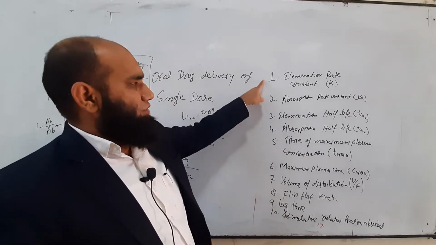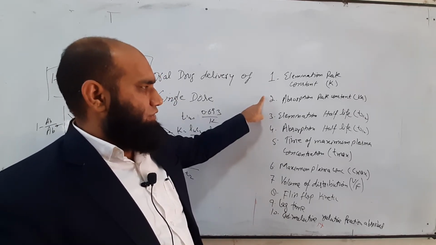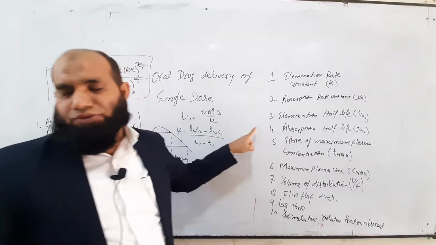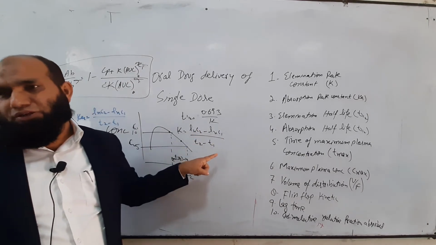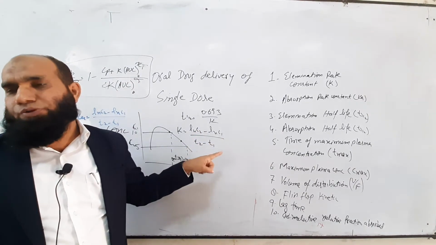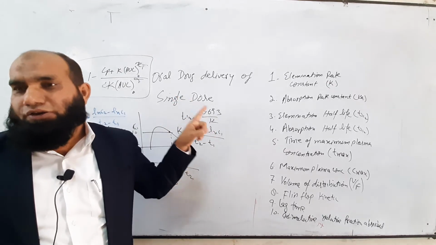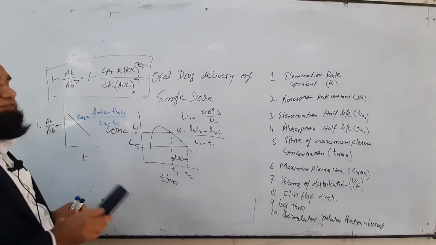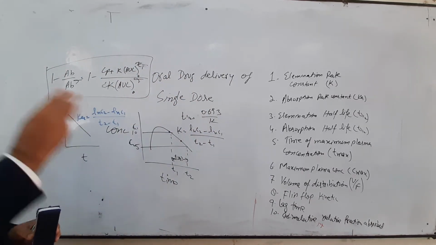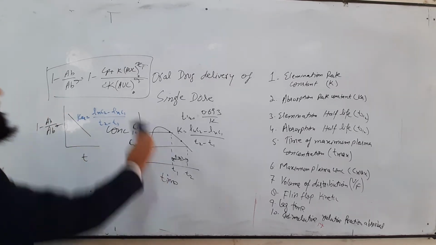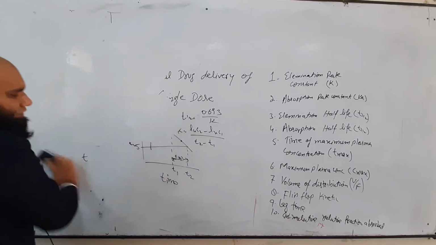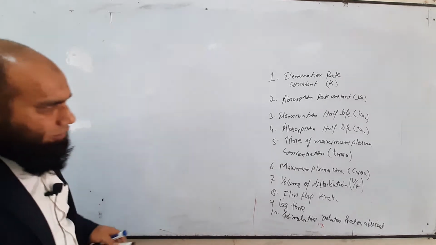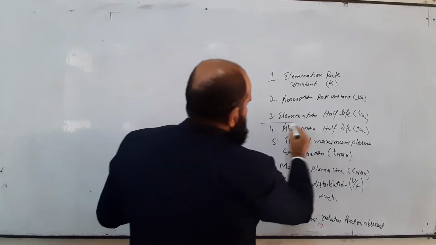I have already told you the elimination rate constant, elimination half-life, absorption rate constant. Now the absorption half-life is very simple once again. When we have the value of the absorption rate constant, then we can calculate the absorption half-life. Now, how can we calculate the absorption half-life? I will give you three different ways. First one was when we use the feathering technique, then what will happen? For example, we are now discussing the absorption half-life.